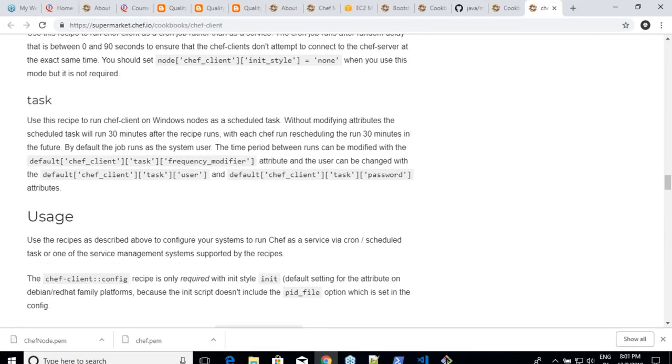Tomorrow in the interview, they might ask that I want to run chef client but it has to run only once in a day. So how do you do that? I change the interval to 86,400, which is the number of seconds in a day. How can I ensure that all the nodes execute chef client at the same time? Are you seeing the cron job? For all the nodes, give the same value. At 7 o'clock in the morning, everything will start bootstrapping.